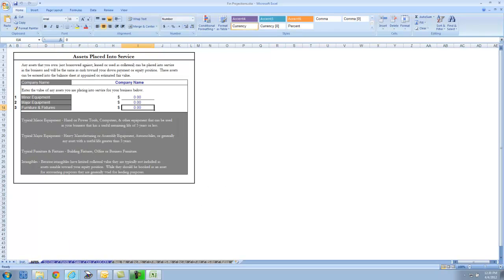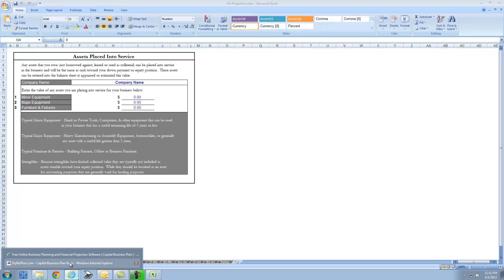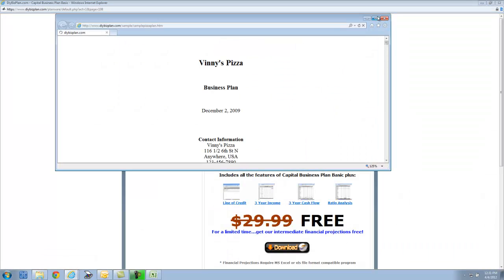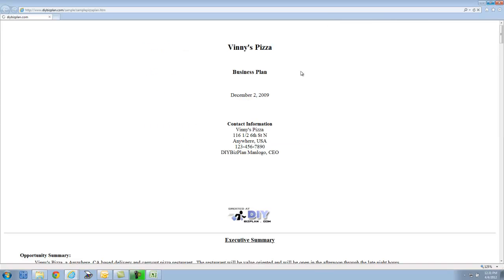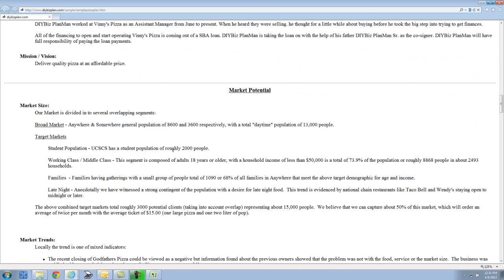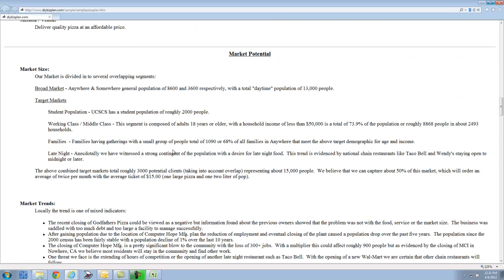So what I'm going to do is base this set of financial projections actually on this sample business plan that's in here. It's called Vinny's Pizza. This is actually a pizza place that a business partner of mine and I actually did open. So this is based on real information, real statistics. We'll come back and refer to this business plan, especially this market potential section, as we go through and fill